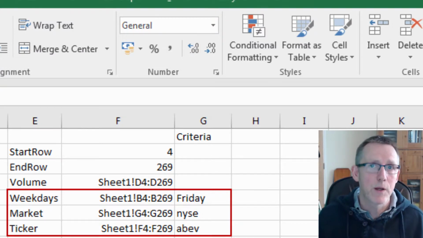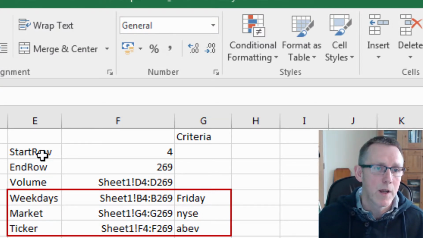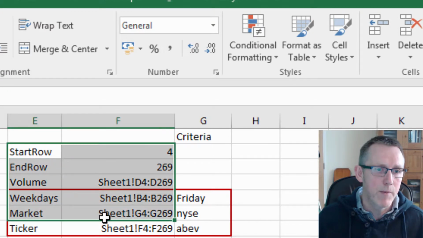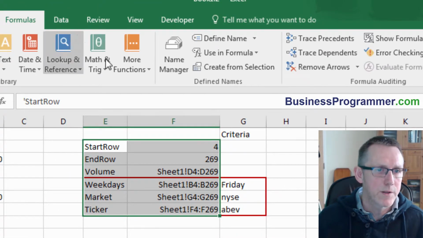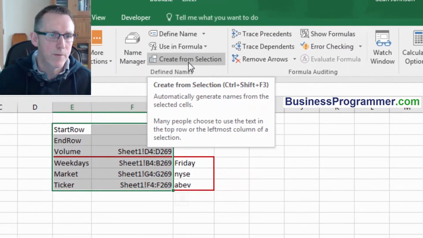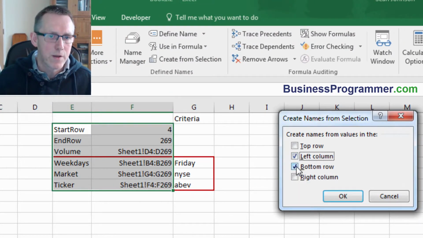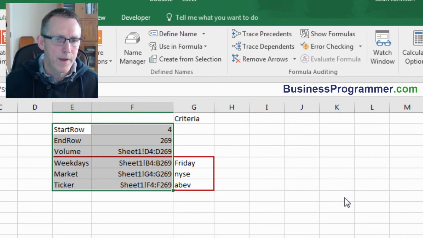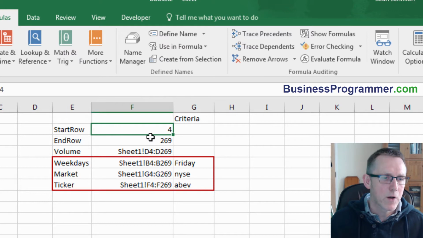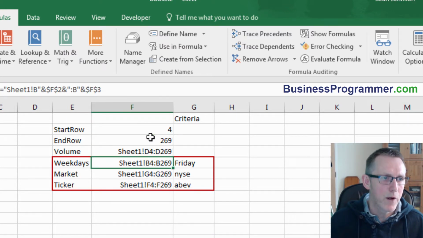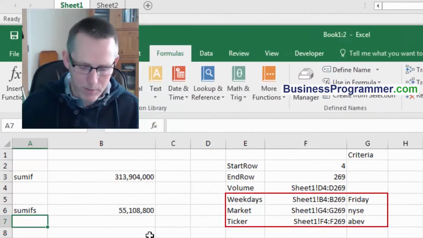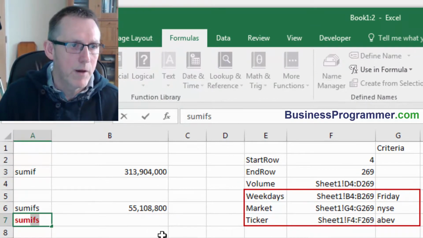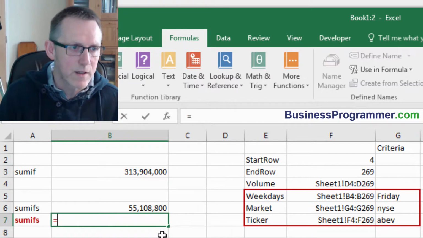Now one other thing that we can do which will make this even clearer is we can range name these. So what I'm going to do is go to Formulas, Create from Selection, and choose the names in the left column. So now you can see this is called start row, end row, volume, weekdays, market. And what I'm going to do now is type another SumIfs, but in this instance it's going to be equals